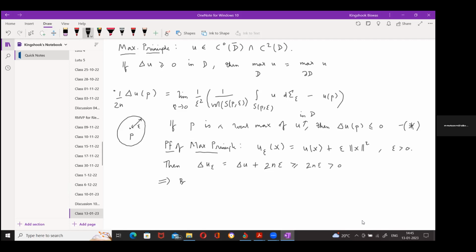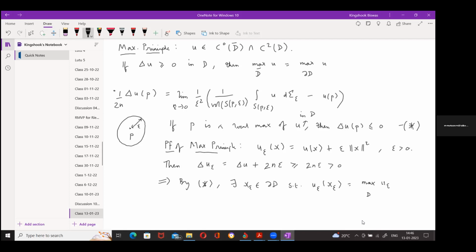So by this observation, the maximum of u epsilon has to be attained on the boundary of D. So there exists x epsilon in boundary D such that u epsilon of x epsilon is equal to, oh sorry, this should be D closure. Yeah. So the max of u epsilon